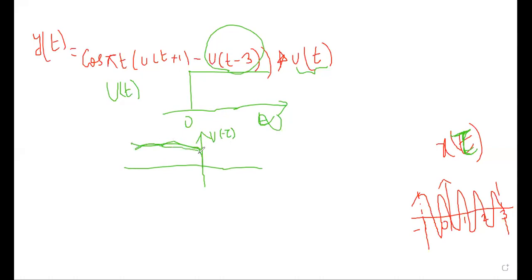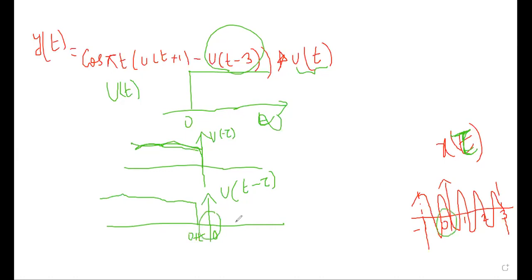Then, as per the earlier problem, I have to find u of t minus tau. What is the change? My waveform now will not start at 0, it will start at 0 plus t. So now when we compare this portion and here, I can say when this t is less than 0, will I get any output?